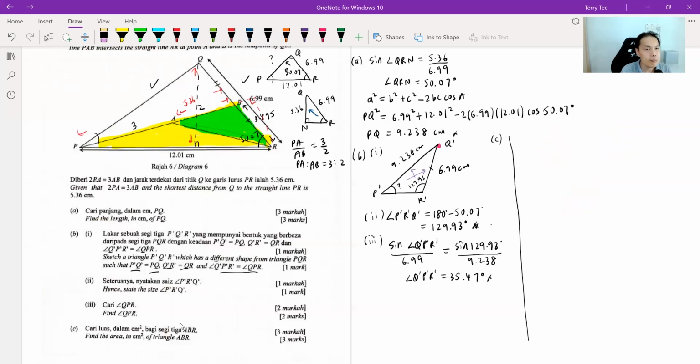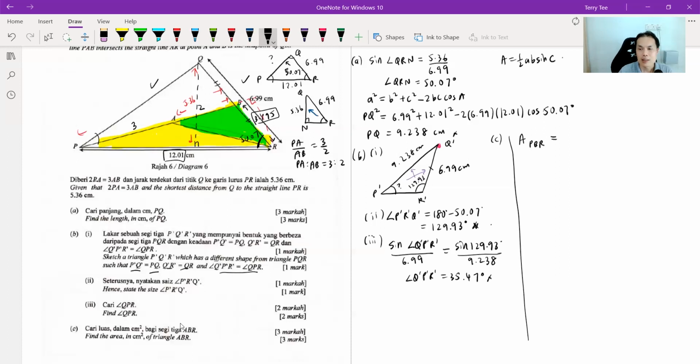So let's start by finding PBR. Okay, so area of triangle PBR. The thing is, I know this length already. See this? I know this length already, and I know this angle, right? So we can use half AB sine C. Remember, area of a triangle is given by half AB sine C. Rather similar to cosine rule, AB are two sides, C is an angle in between. We call it the included angle. So I start by finding